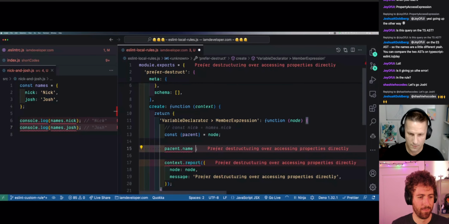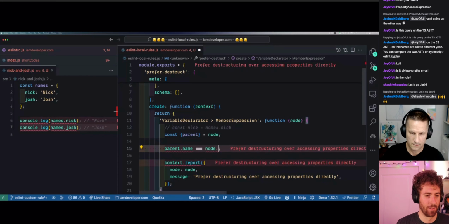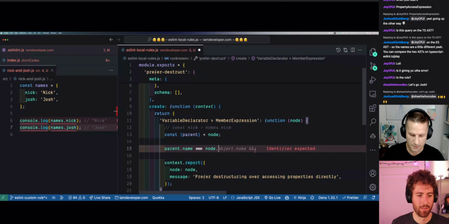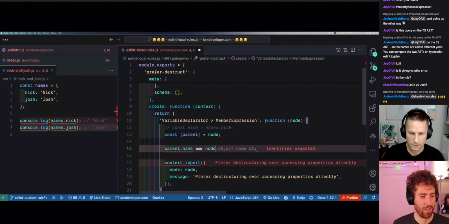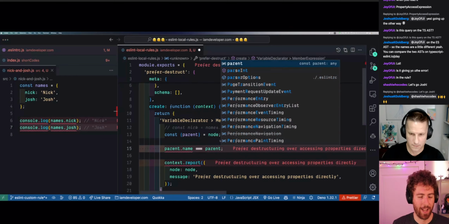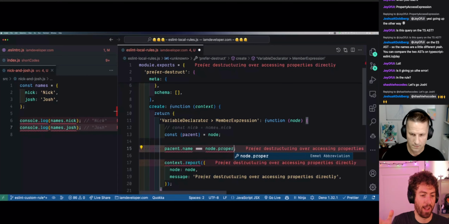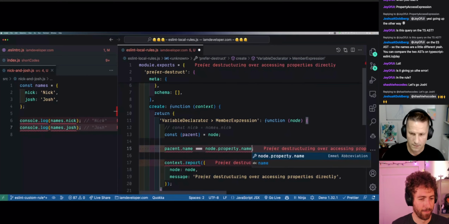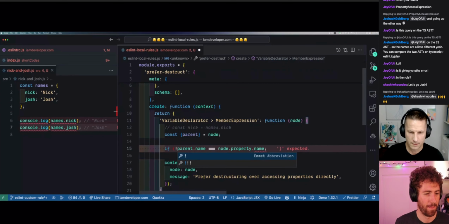If parent.name, sorry, node dot parent.property, sorry. It was node.property.name, because member expression is the node, and then it has a property, and that property has a name. Yeah. Okay. All right. So if that equals, or if not,